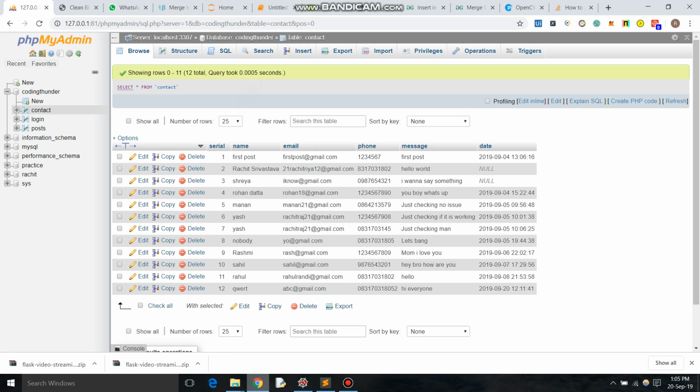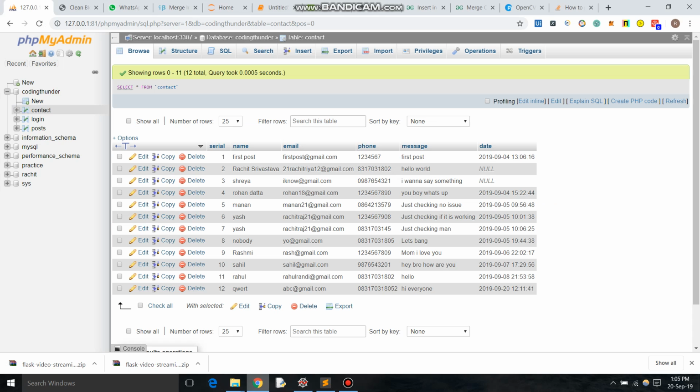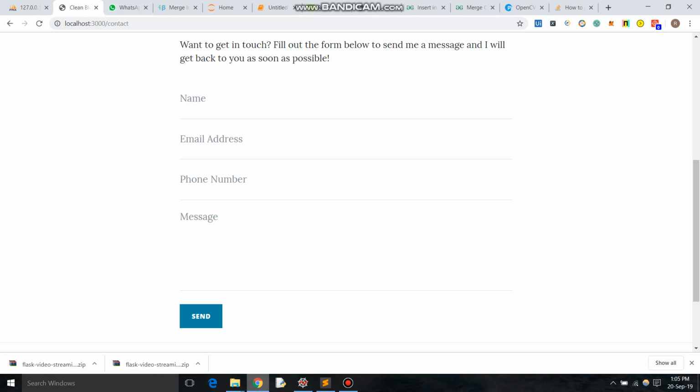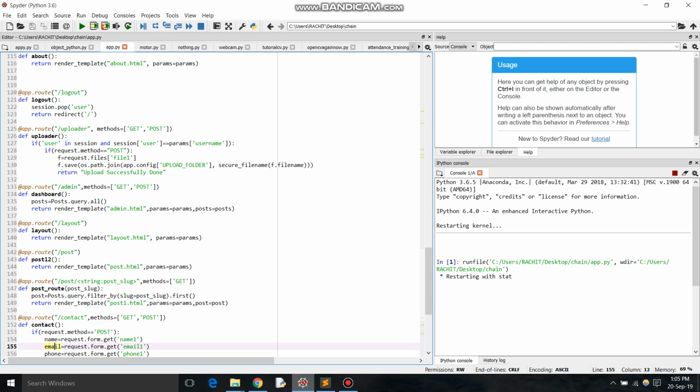To fetch data from the website and store it here, you have to write this command: request.form.get. With the help of this line, you can transfer your information from your website to your phpMyAdmin. So using request.form.get, all your information, that is name, email, phone number, message, will be stored into this variable. And one more thing, to connect your phpMyAdmin to your Flask program,